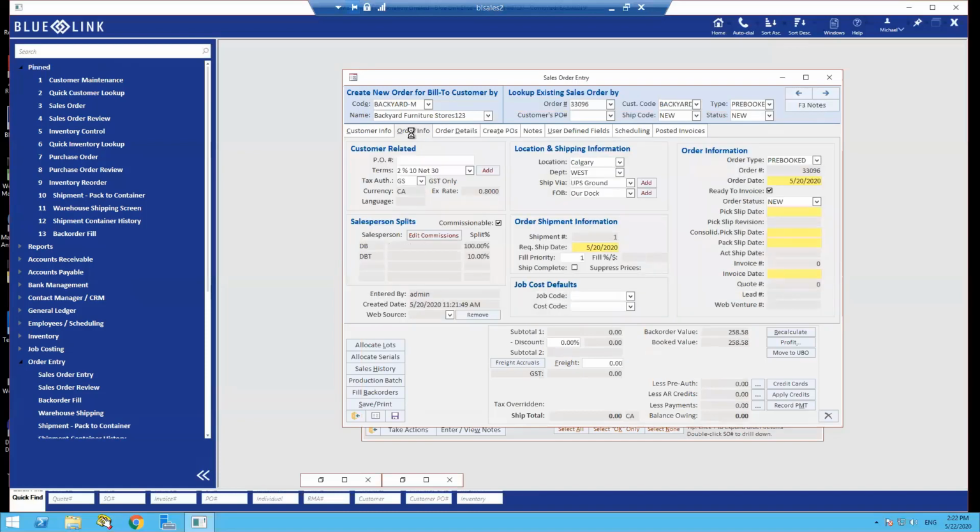As part of Blue Link's setup, as part of the system permissions, you can actually tell the system that a specific order type, in my case pre-book, will automatically push products, even if they're in inventory, to a back order status. And that's exactly what happened here. So they've actually been put to pre-book, which is now back order. This is really useful if the order is not going to be needed to be filled, for instance, until later. This could actually be